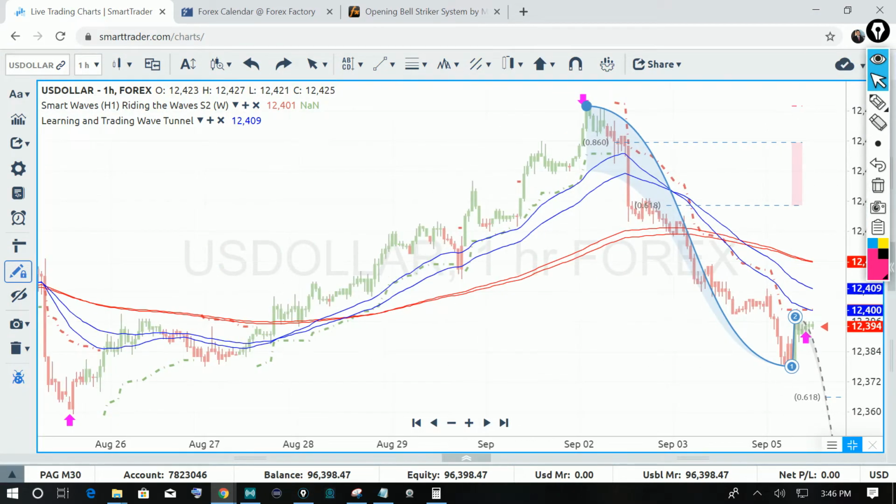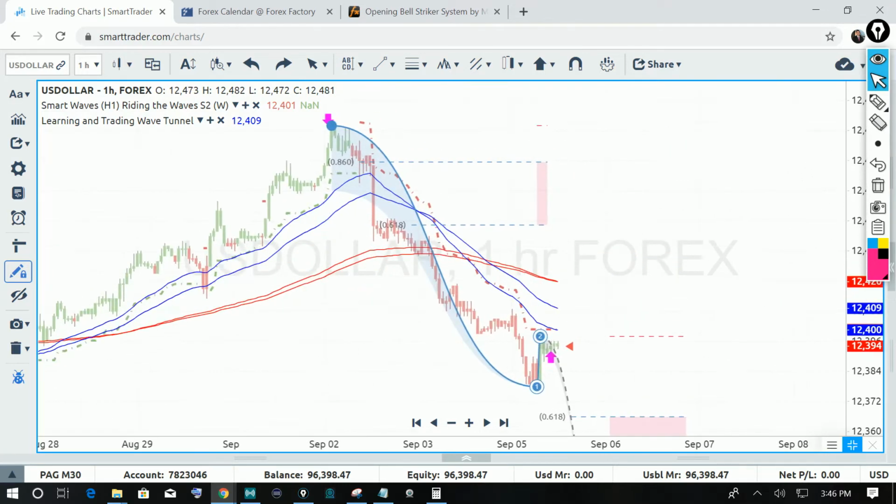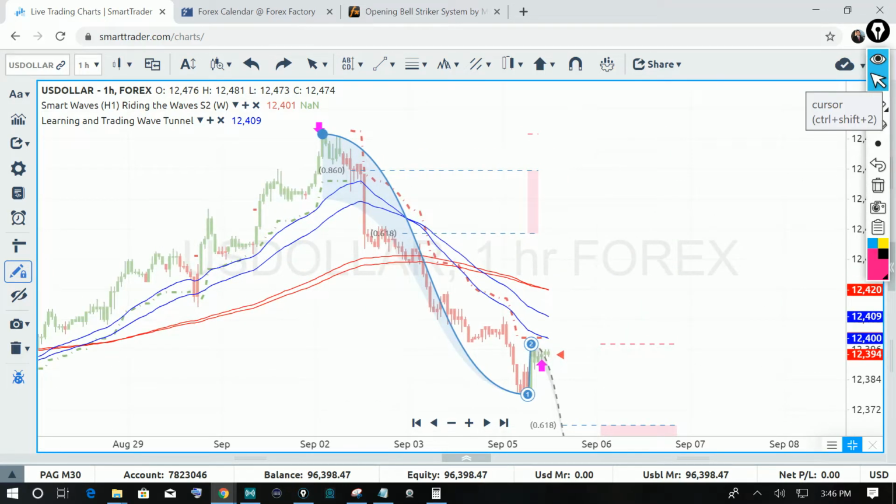So I'm going to go to the 1 hour chart. Some of you may like the 2 hour chart a little bit better. I like to look at the 1 hour. And here on the 1 hour, this is what I'm seeing right here. I'm going to go ahead and take out all my lines here. And there it is. And I'm going to go ahead and start this from scratch.